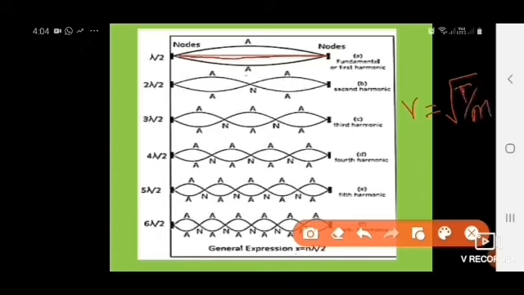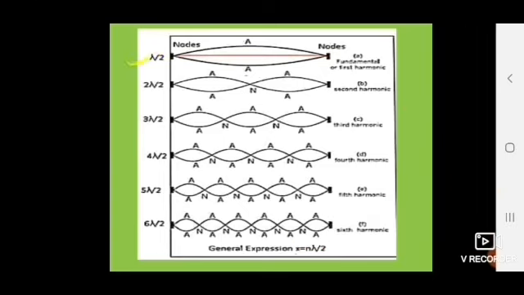Okay students, here the velocity v is equal to under root T by m, and v is equal to n into lambda, where n is the frequency of vibration and lambda is the wavelength. So students, as you look here, what you observe is that the length of the string is an integral multiple of lambda by 2. Here this length is an integral multiple of lambda by 2, means p is equal to 1, 2,